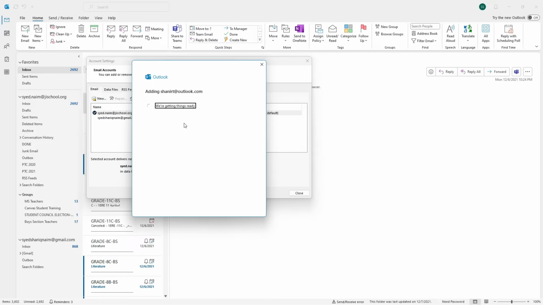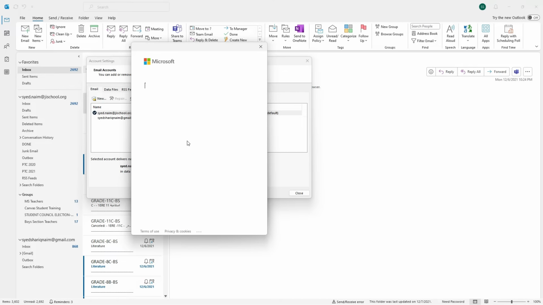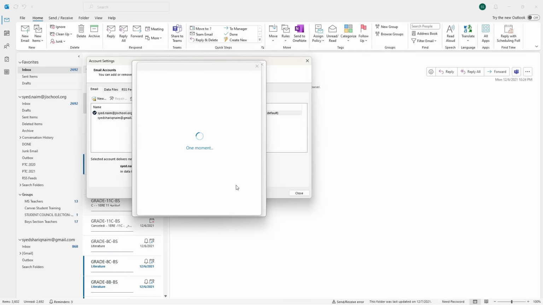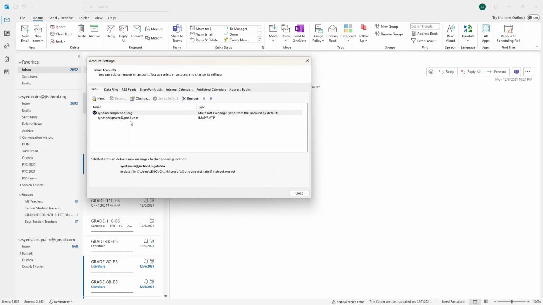Mine is Outlook, so I will click here, and now again I have to write my email address and press enter. I will write the password, enter, and now it will connect my account. We are getting things ready. Okay, done. So it's added my other account.